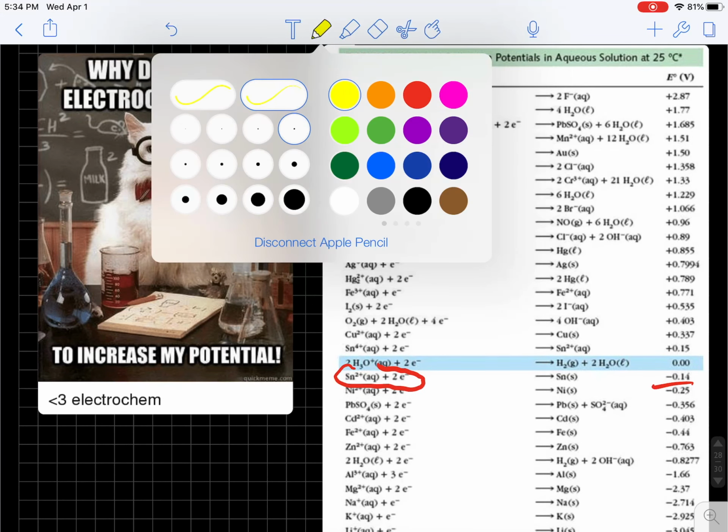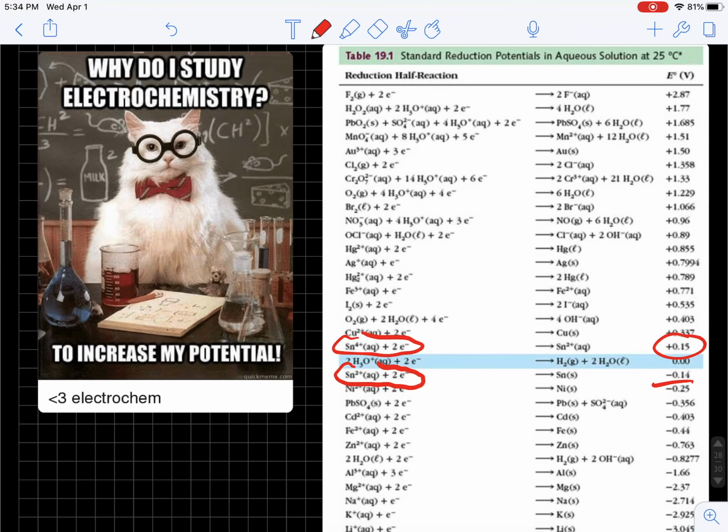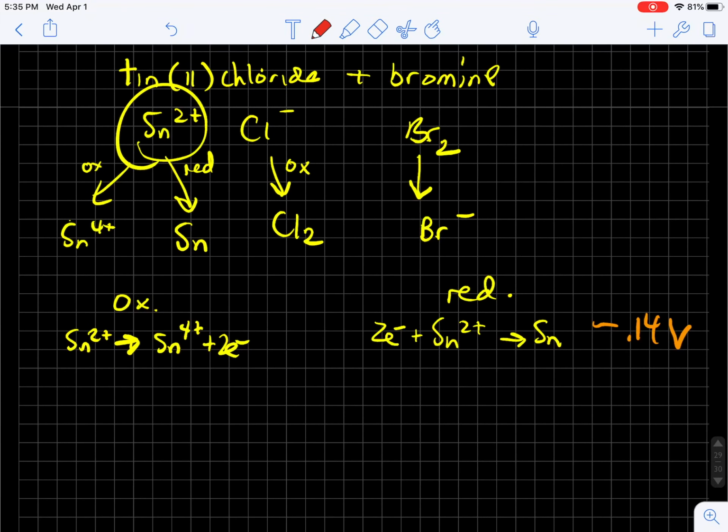So again, I go to my reduction potential, and I have the reduction of tin 4+ plus 2 electrons becoming tin 2+ at positive 0.15 volts. So that means the oxidation of that is going to be negative 0.15. So tin doesn't want to do either of these things. However, it's going to have to do one or the other depending upon what the chloride reduction potential is or